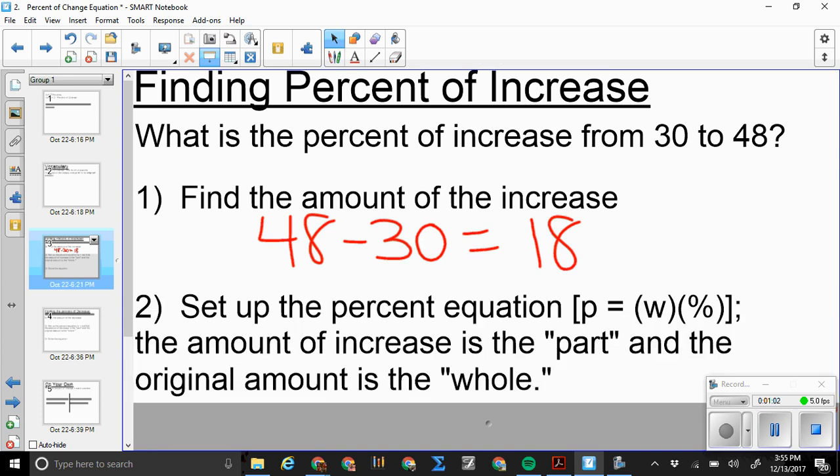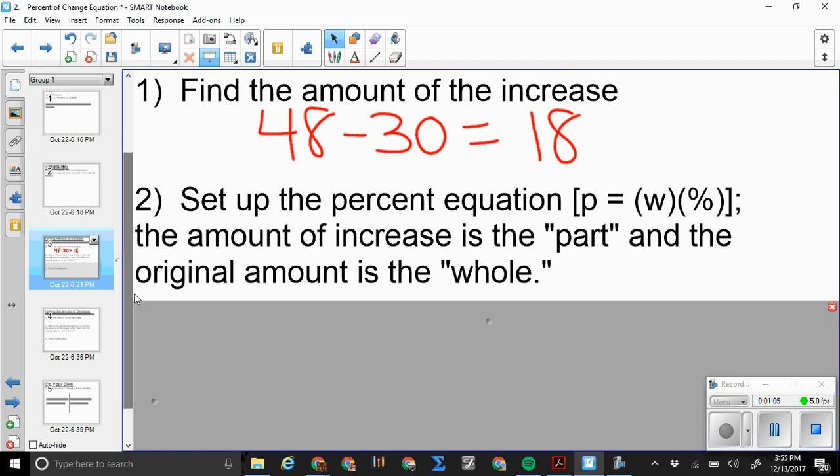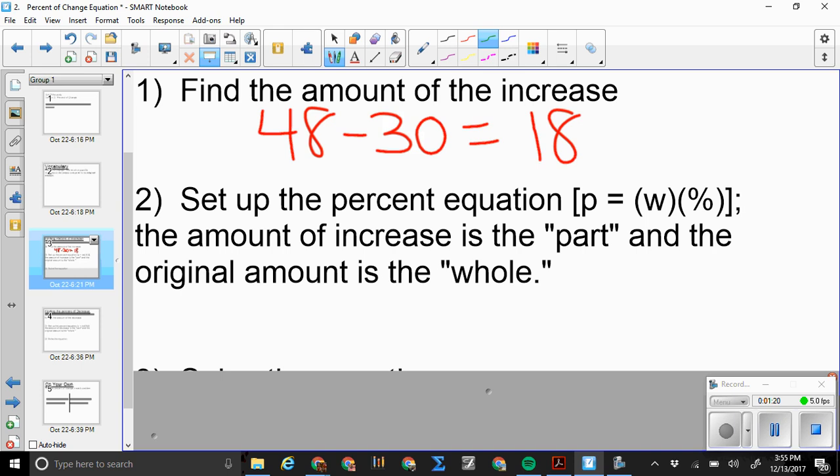Important to know that, because now we'll set up the percent equation, which we went over in the previous lesson. It's there again for you: P equals W times percent. This time the amount of increase is the part and the original amount is the whole. So I'm going to write this up like that. The part, we said, is the amount of the increase, so we take 18 and set it equal to the original amount times the percent. The original amount is 48